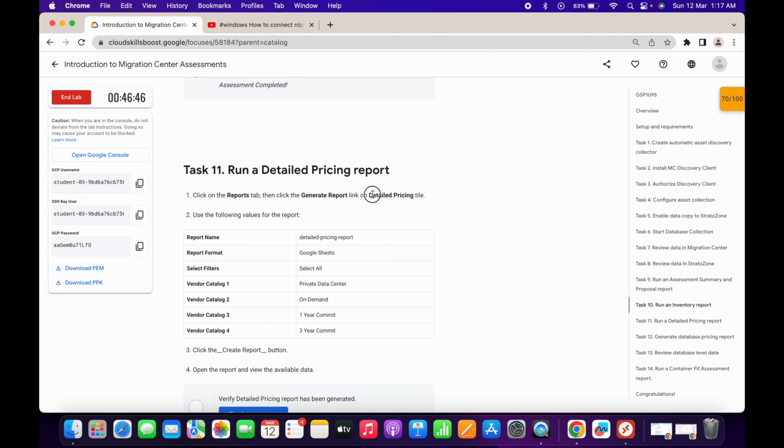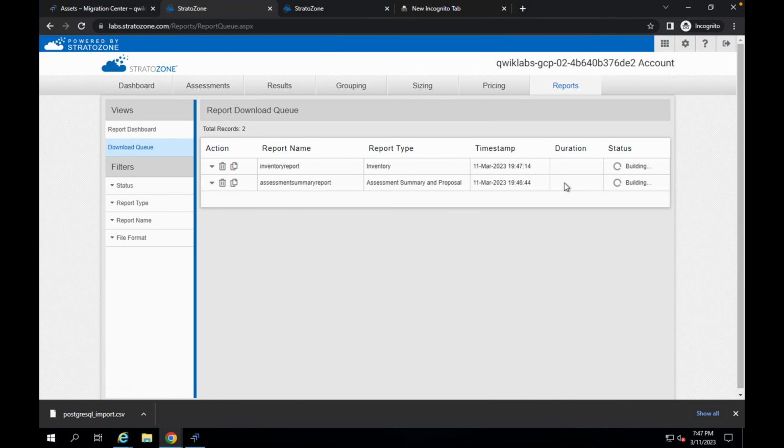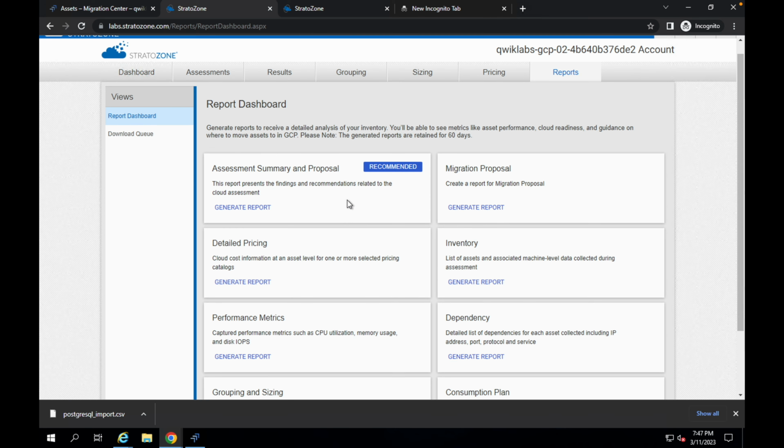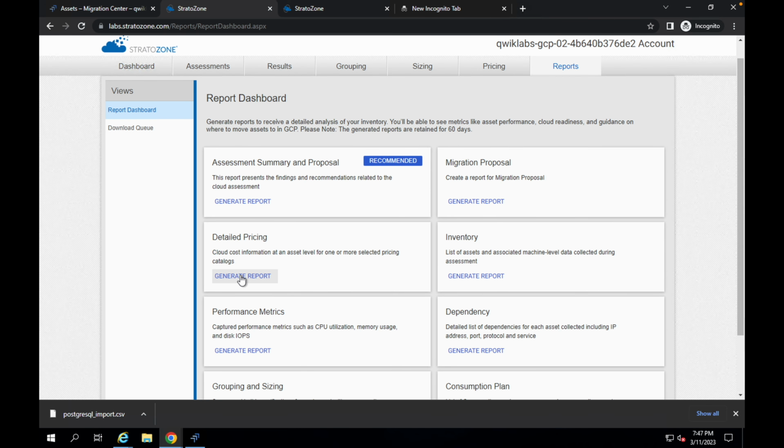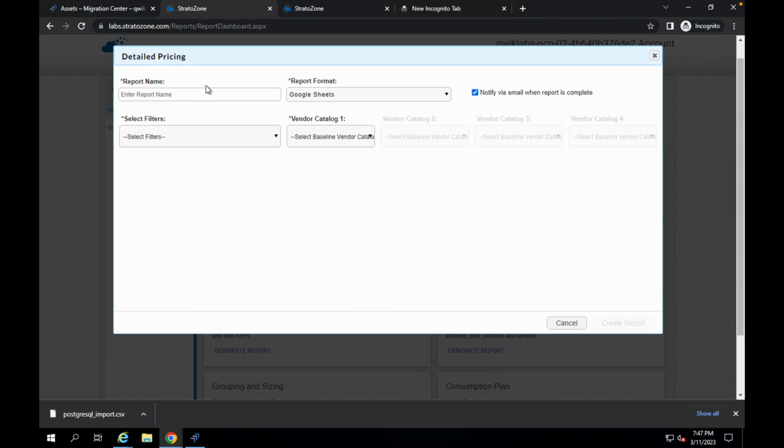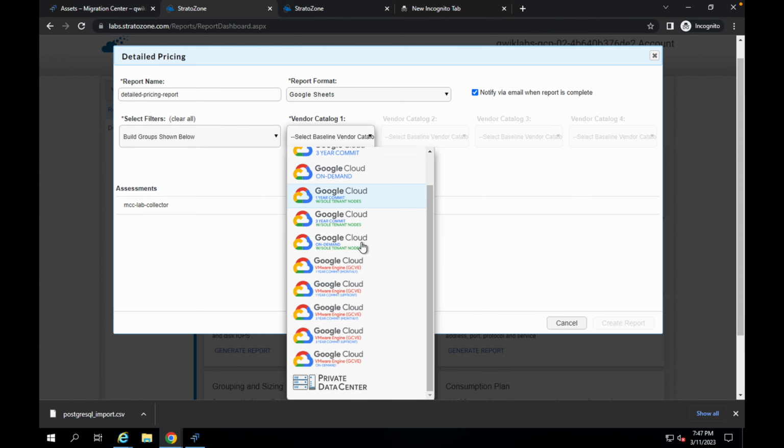Now we have to create a report for detailed pricing. So just copy this name, click on this report again, and here you can see at the third, detailed pricing. So click on that, again paste the name. Okay, select file, select all file. Now for the vendor catalog 1, scroll down at bottom, click on this private data center,